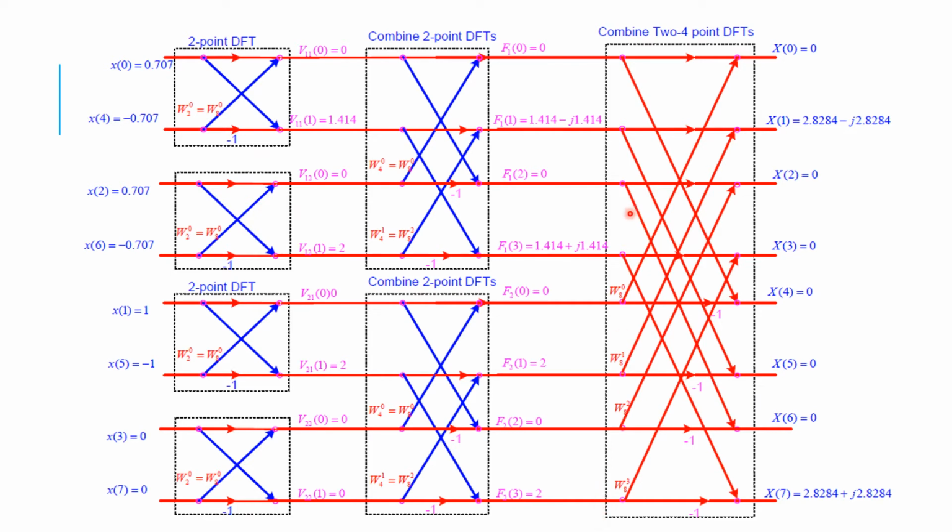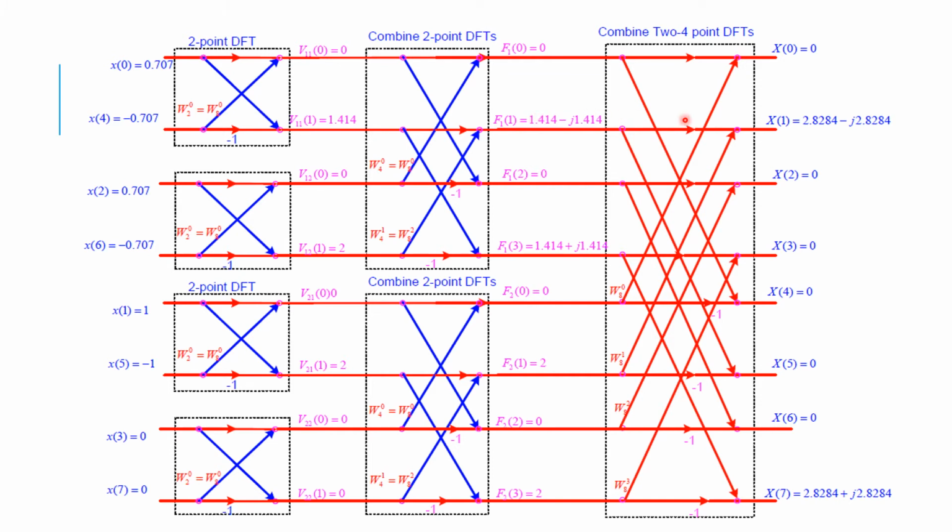Very easy, right? So the last procedure is the same thing. So first input is 0. 0 has to go directly from the elevated butterfly. Look at the sequence. The other point is coming from this point. So here the input is 0 multiplied by the Twiddle factor, and then it goes up. So 0 into anything is 0. So 0 plus 0 is 0. Right? We'll come to the next point. So at this point, 1.414 minus j